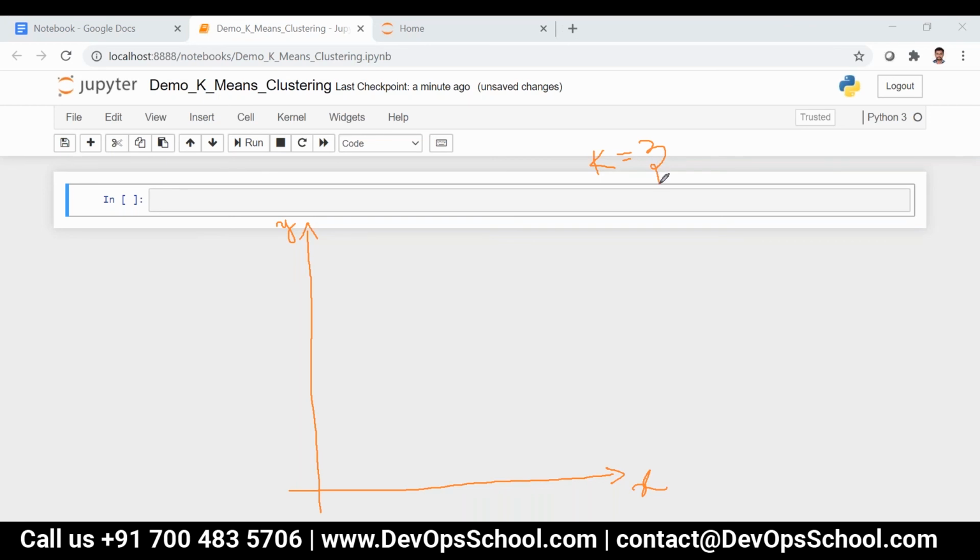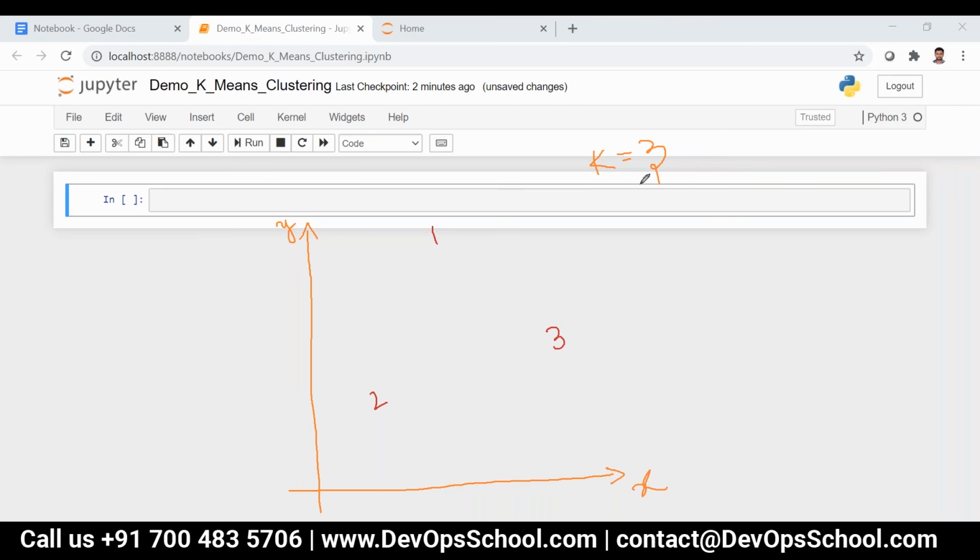First we will select 3 random points, 1, 2, and 3, depending on the K value. If K is equal to 4, it will select 4 random points. That we call a centroid.